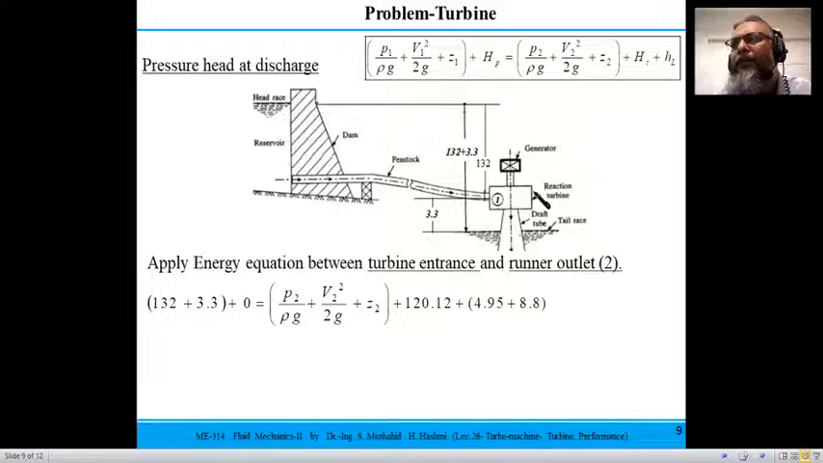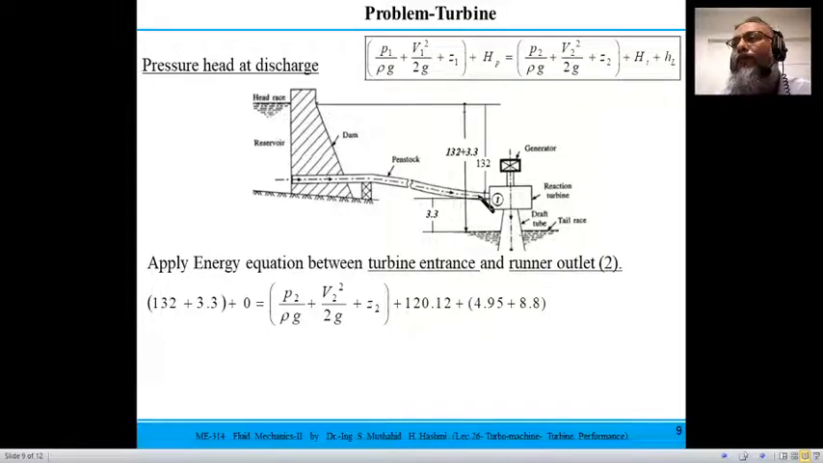and kinetic head, since at 1 there is no pump involved. Before section 1, you have the turbine installed. So there is some pressure at section 2, which would be the runner outlet. There is a pressure head at the discharge side, velocity head and elevation head Z2, and there is a turbine power, which is a turbine head, that is 120.12, and obviously there are losses